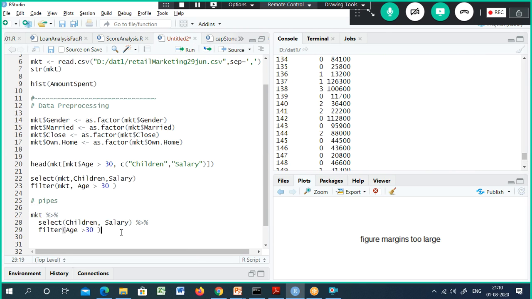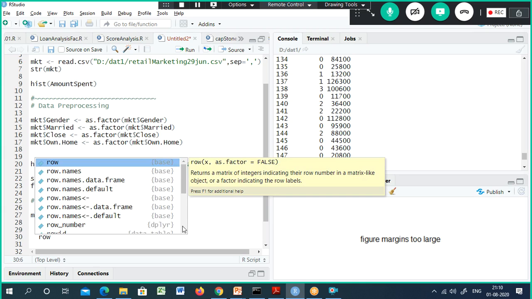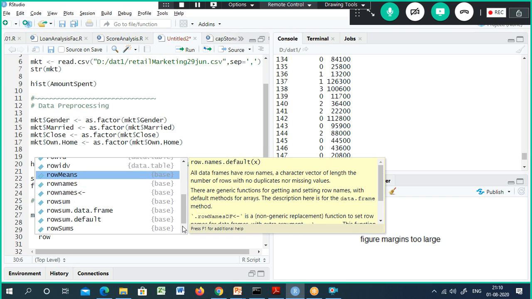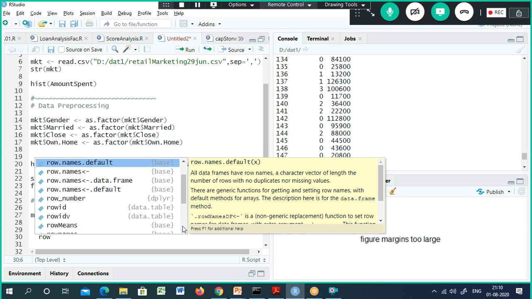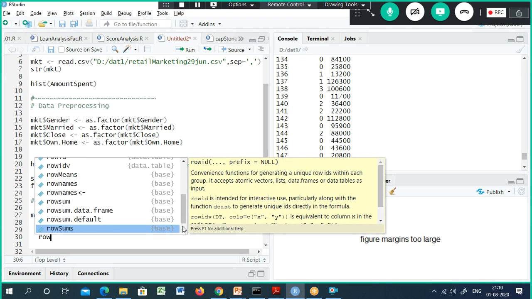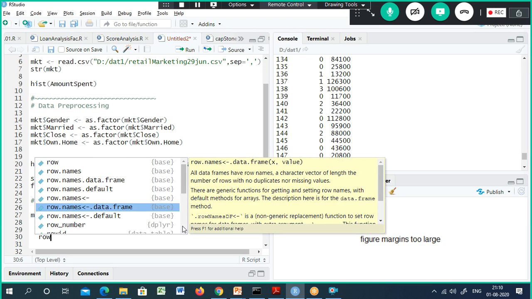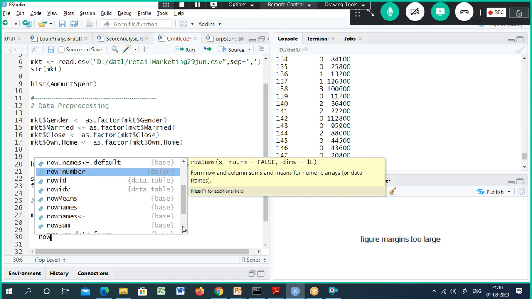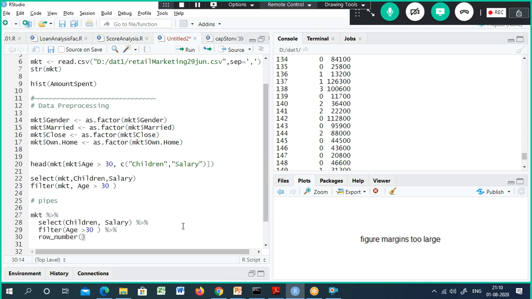And here, percentage greater than percentage, row number. You can see the help here. What I'm trying to do is limit with something like this, row number 5.